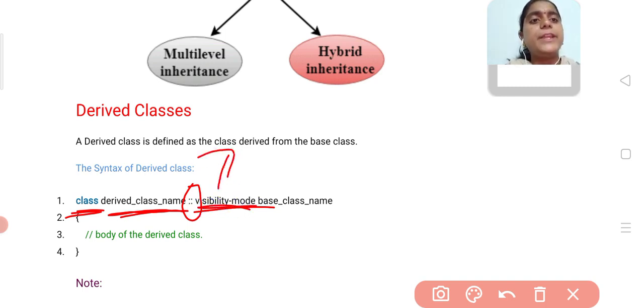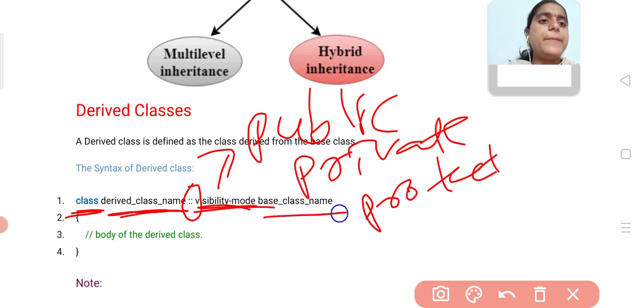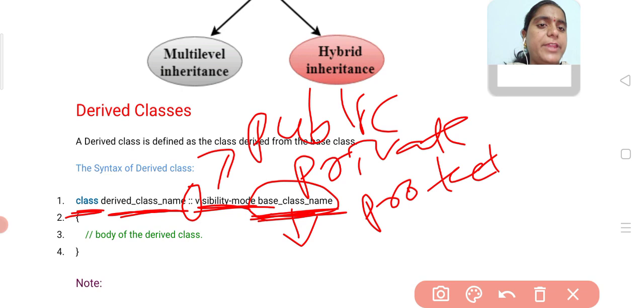Visibility mode means public, private, or protected, and then the base class name. The base class is the class from which we want to inherit the properties. If you want to use the properties of some class A, then you write that class A name here. This is the syntax of the derived class.